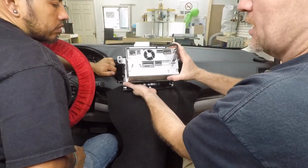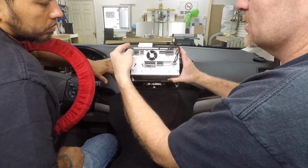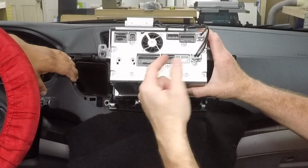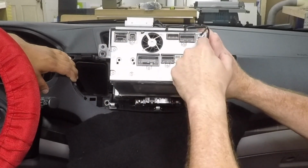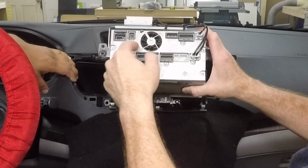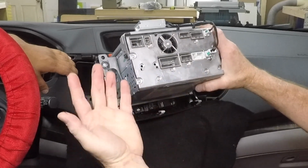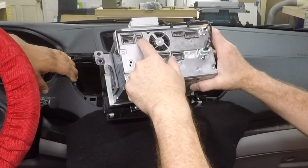So let's take a look at the back of the radio real quick. So what we got going on, this is the neatest thing right here. So this has Sirius XM, he's not retaining it, but this part of it here, this is his Sirius XM, this is his FM. This splits this off. It's just a standard antenna coming in. That's really bizarre, but Honda's known for doing strange things. You got GPS antenna here,